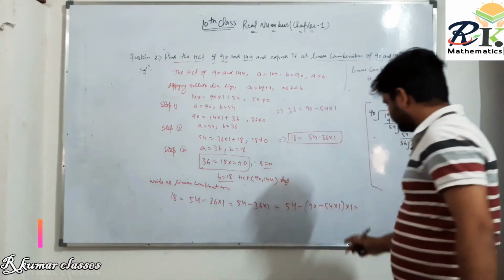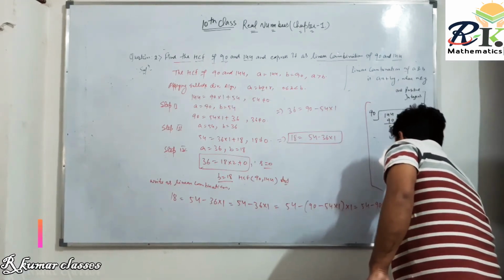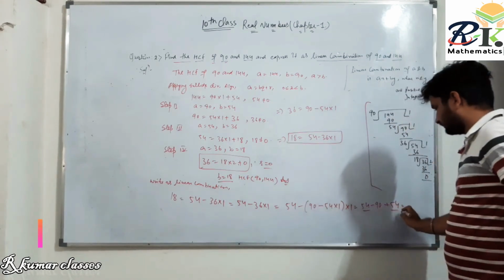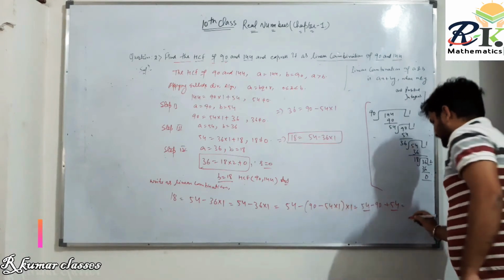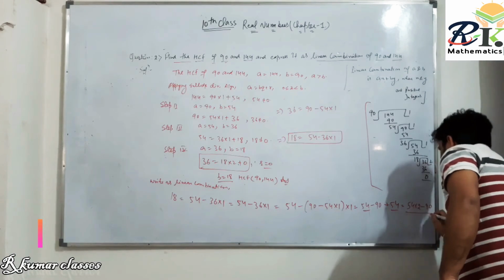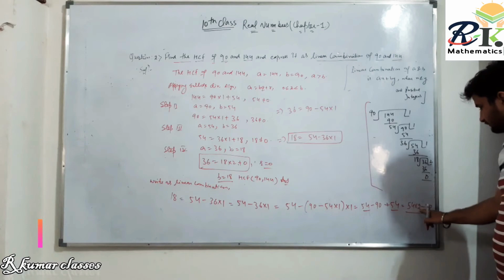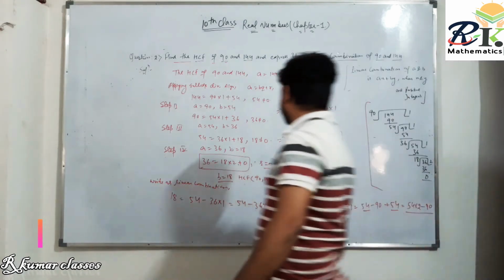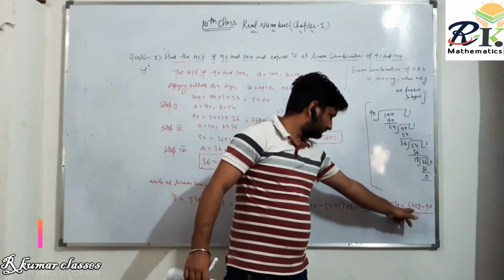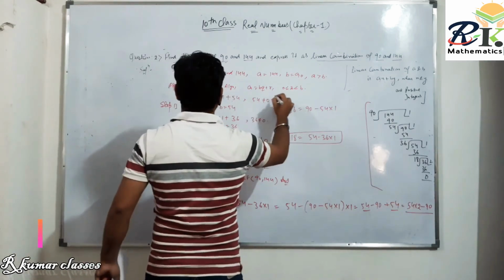So this is equal to 54 minus 90 plus 54. We write this 54 as it is, 54 into 2, minus 90. We write 54 plus 54 in this form. So 54 into 2 minus 90. Again we write it like that because we can put the value of 54 here. The 54 value we take from step 3.